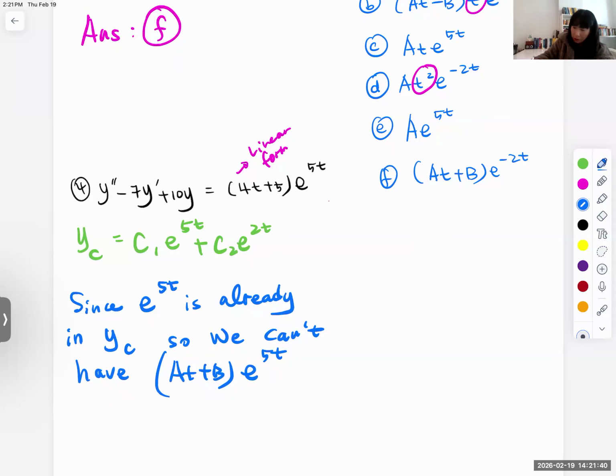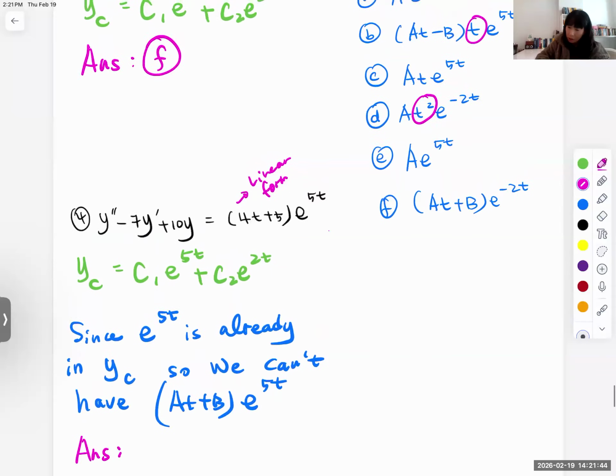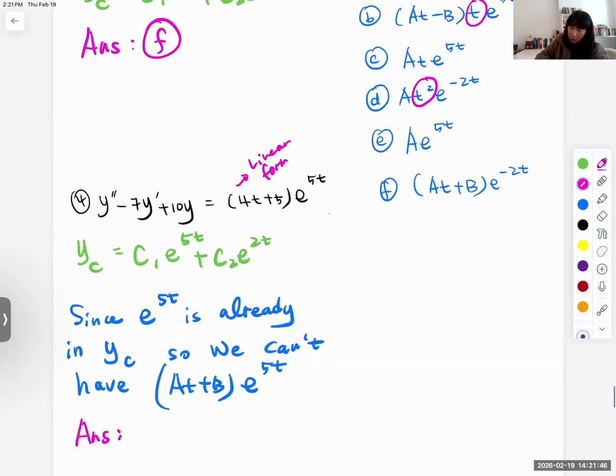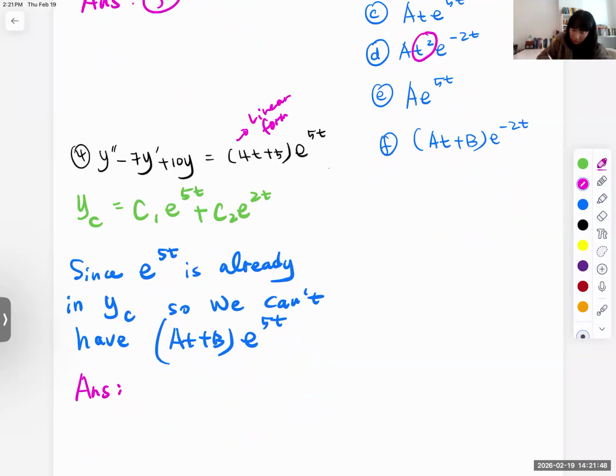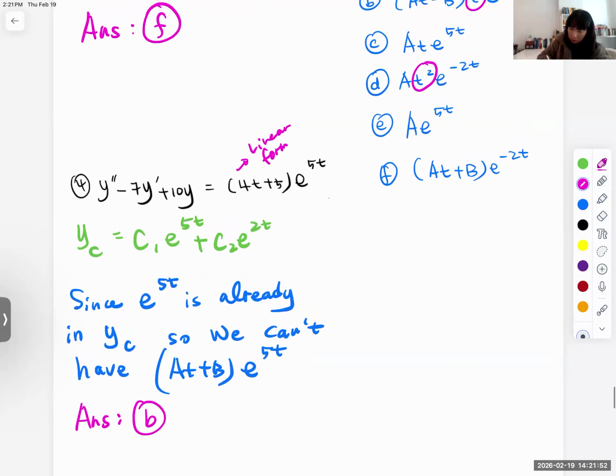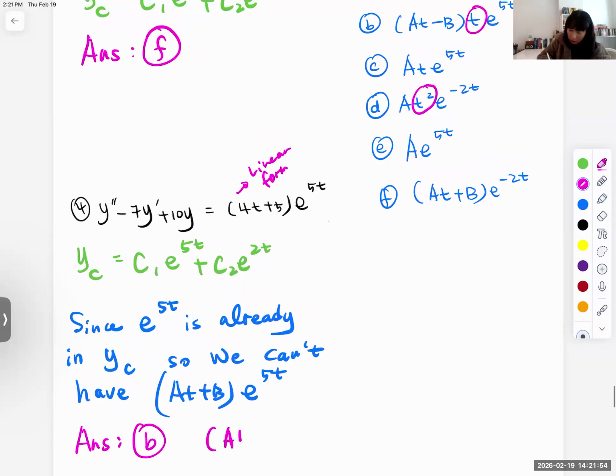So answer will be insert t, which is b, right? So at plus b, times t, times e to the 5t. Make sense? Okay,